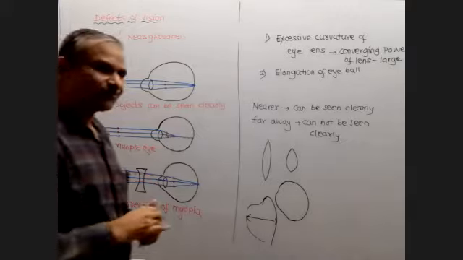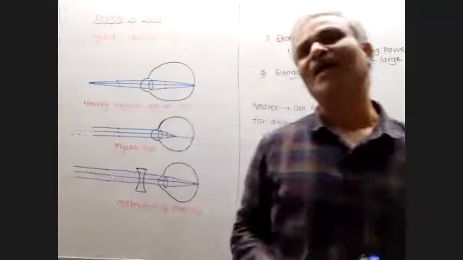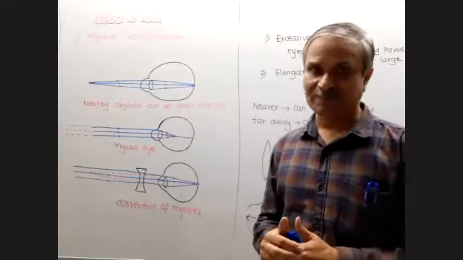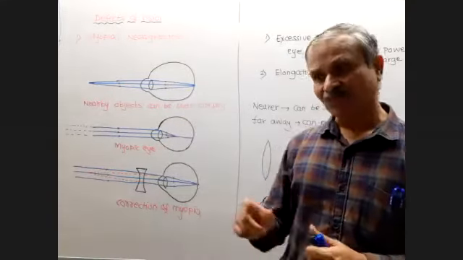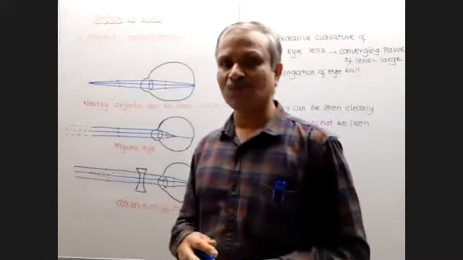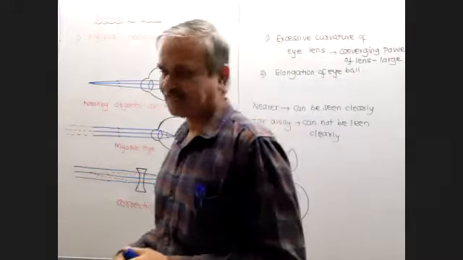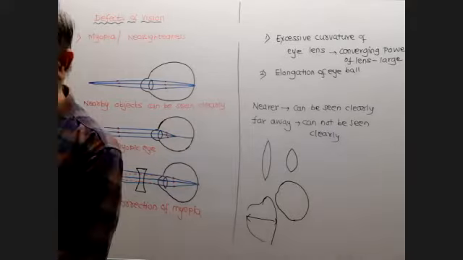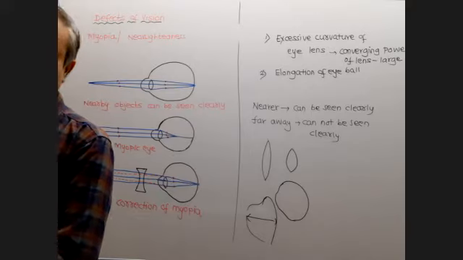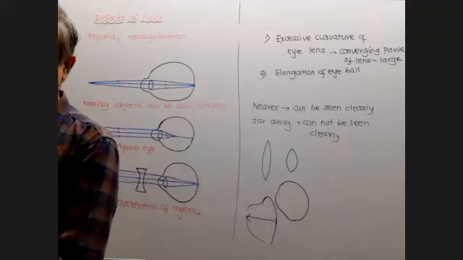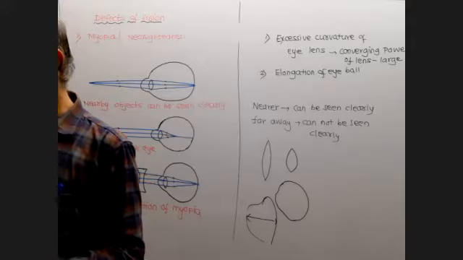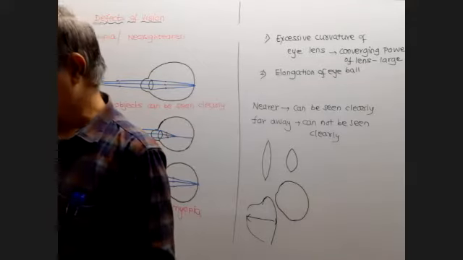So my suggestion for you: only remember myopia, and for every point you should make the opposite while writing hypermetropia. Okay. So first we'll write those four definitions and then we will write this. So write the question: define the following. I think in the previous lecture we have completed the description of the eye. Okay. So now write the question, define the following.